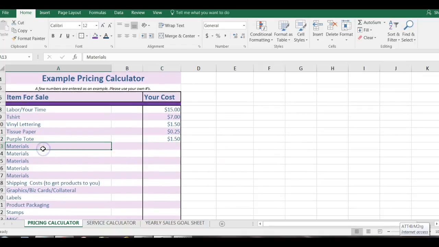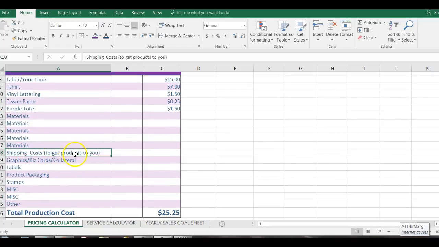Now if there's other materials that you need, my suggestion is to go through, I left you some space, and add those additional items in there. Add whatever the cost is for you to ship the things to you. If I am going to be buying t-shirts, there's a cost incurred when I ship that to me. FedEx charges me a cost. There's also, if I'm going to be including the graphics, my graphics is really all about social media graphics. Sometimes I'll outsource that and I'll pay for that. So if I'm including graphics, business cards, some collateral pieces, I'm going to include that costing there as well. However, that might not be a good one because